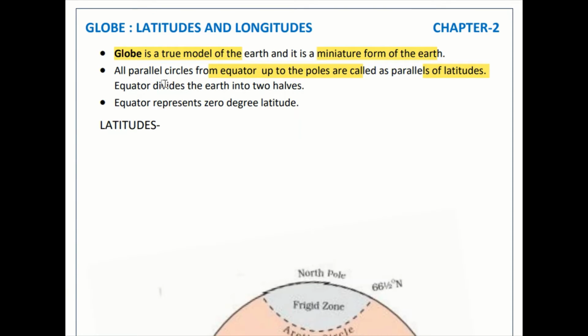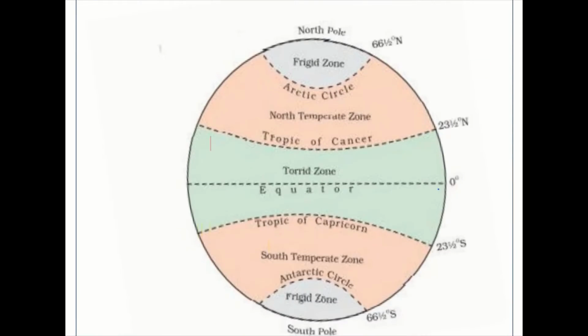And equator divides the earth into two halves, that is northern hemisphere and southern hemisphere. Equator represents 0 degree latitude, and as we can see in the picture given below, this line equator represents 0 degree here, and 23.5 degree north is called the Tropic of Cancer, and 23.5 degree south is called the Tropic of Capricorn. The region between Tropic of Cancer and Tropic of Capricorn is called the torrid region,